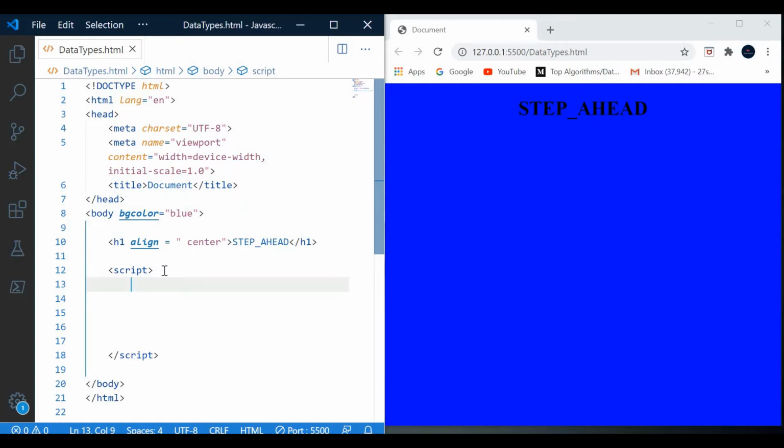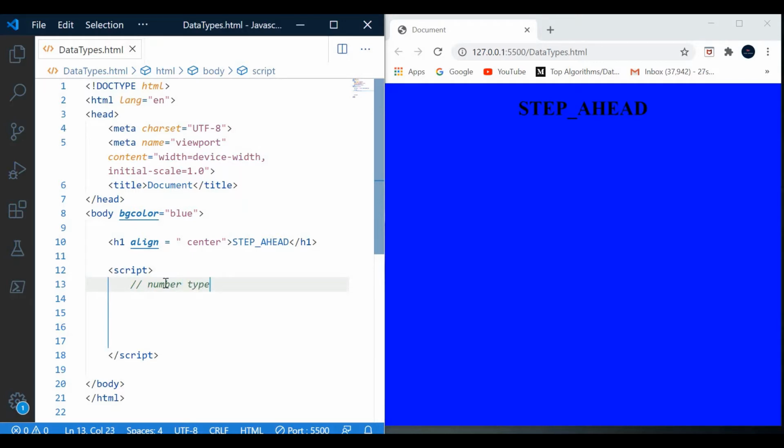First we will start with the data type. Data types can be of any type, like string or number. A value in JavaScript can be of any type: string, number, boolean. We will start with the number type.